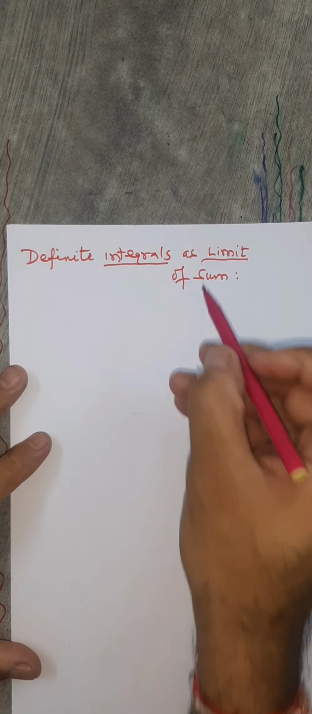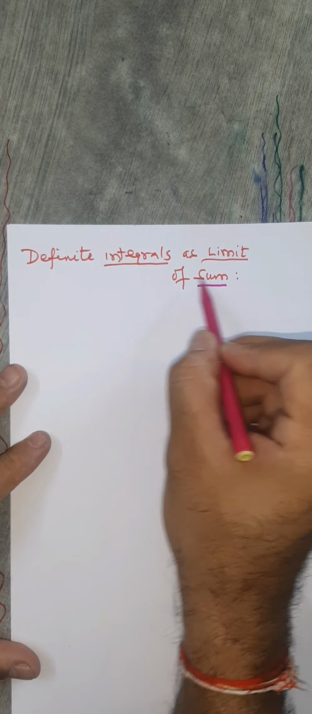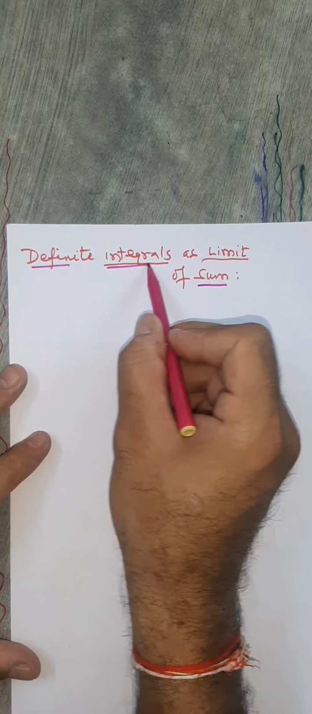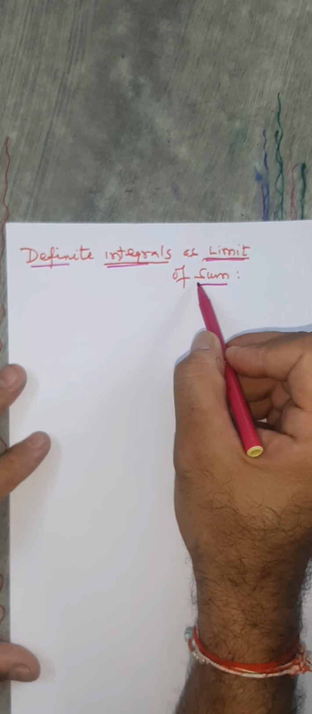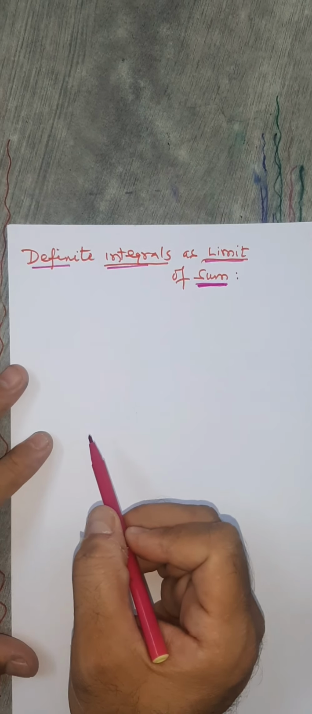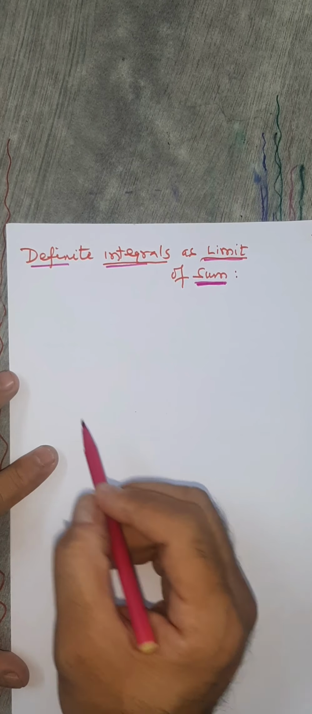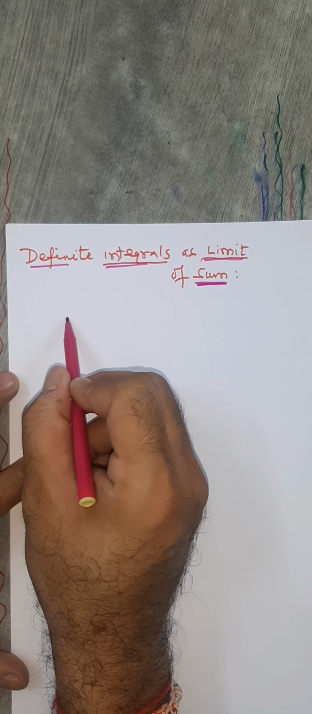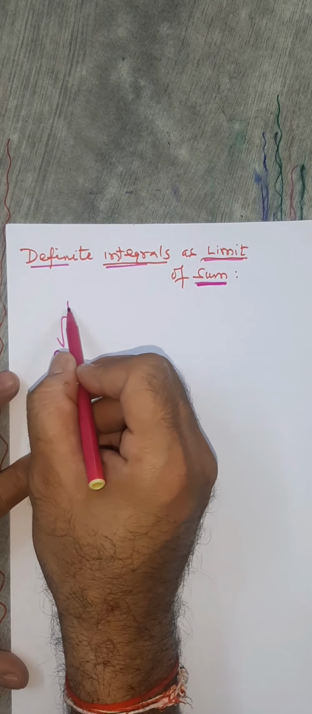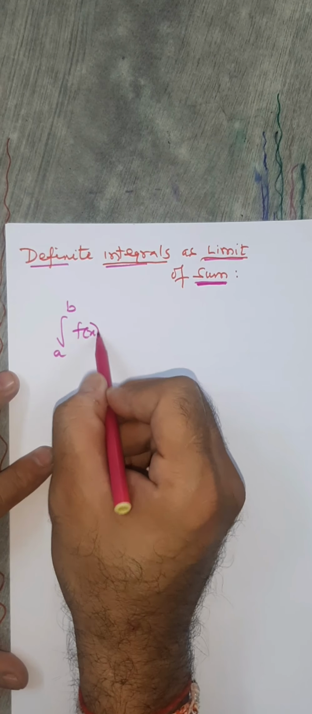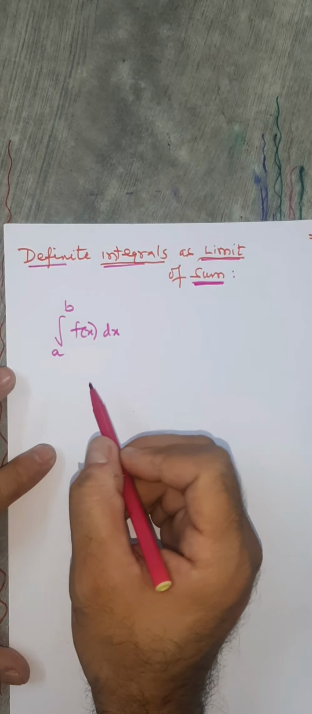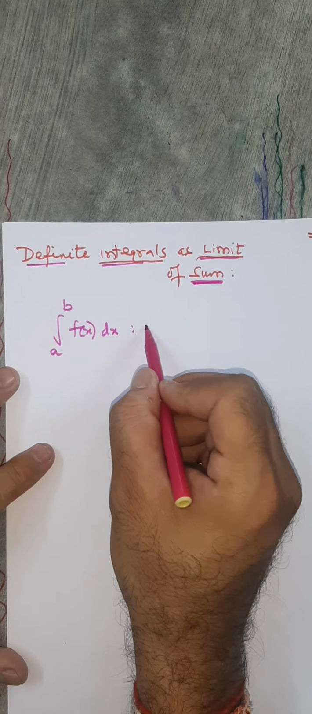Here the next point is definite integral as a limit of sum. So we now show that definite integral is basically limit of certain summation expression. Okay. Now if you just recall, as I told you, definite integral from a to b of function f(x), this